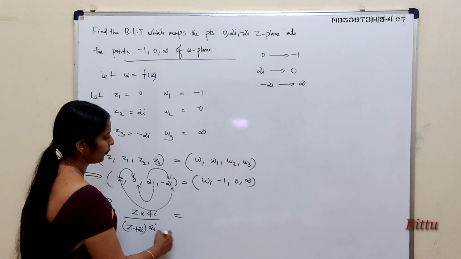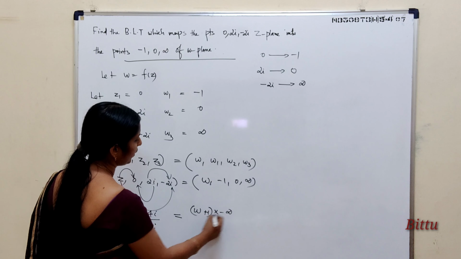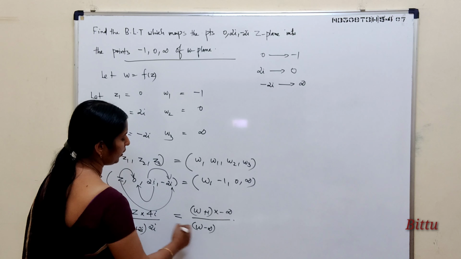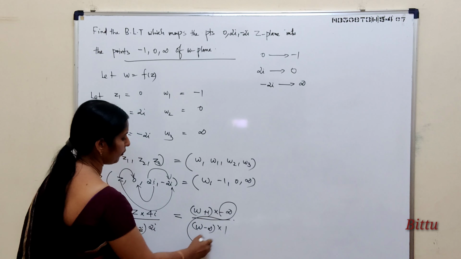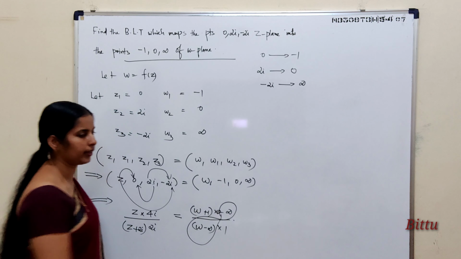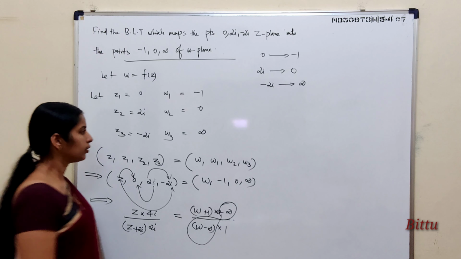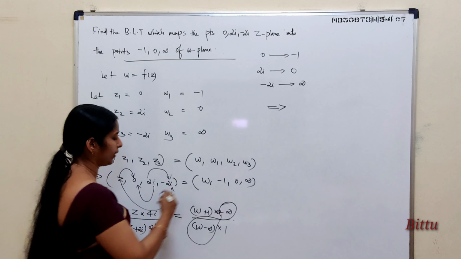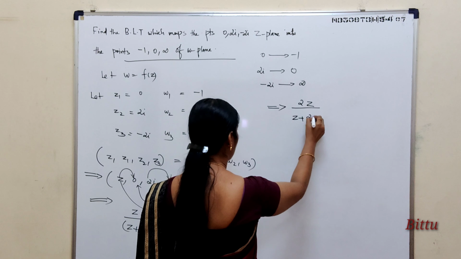Is equal to omega plus 1 into minus infinity divided by omega minus infinity into 1. You keep the ratio containing infinity as 1. Here it is 0 minus infinity, so you have to keep this ratio as 1. So which implies, see here 2i will cancel. So 2z by Z plus 2i is equal to